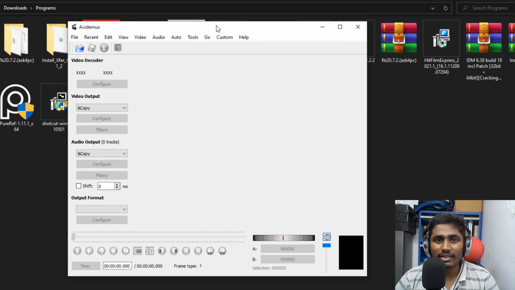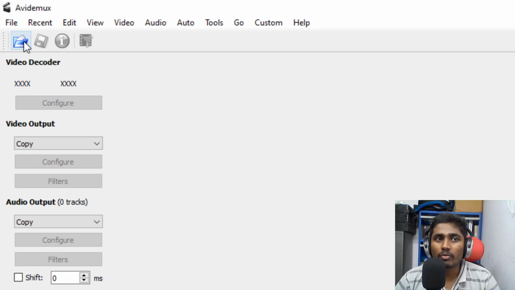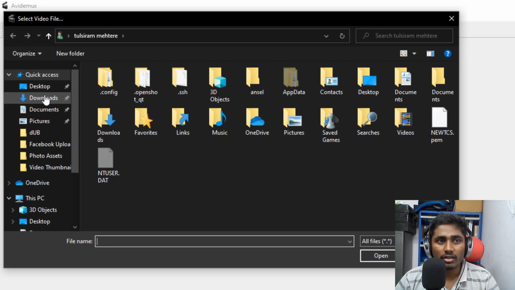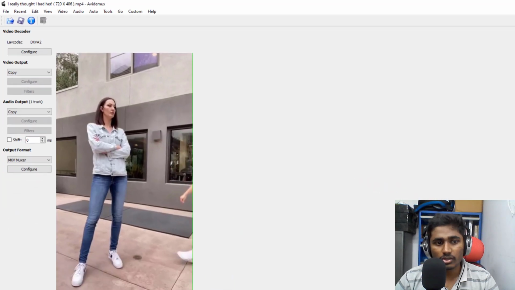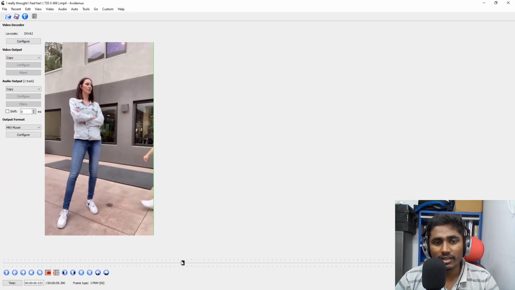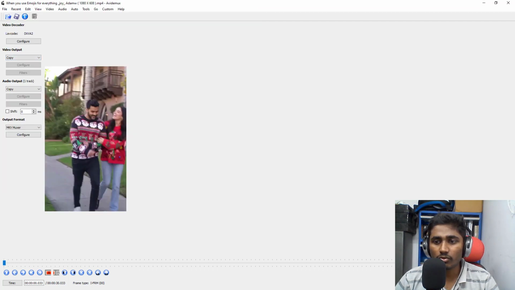It's a single line video editor, which means it can edit one track at a time. Let me open one of the files. I'll click it. I'll select downloads. I'll select this one again. So as you can see, this is the video editor. It's fairly simple because you can add one file at a time. So Avidemux is for users who want to edit a single video, add some titles to it, make some very small cuts to the video and change the track, those kinds of things.